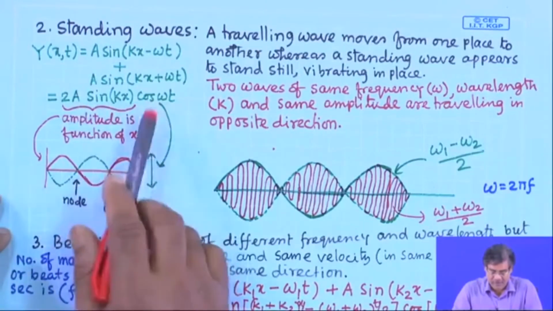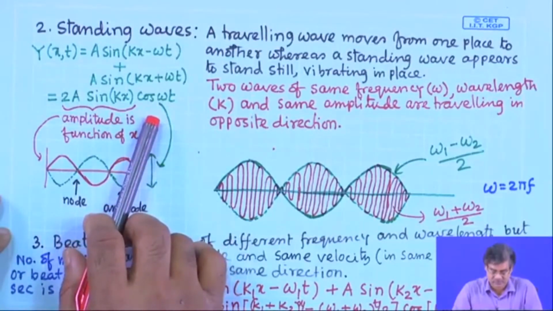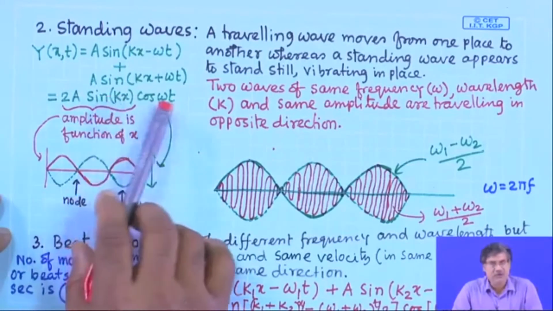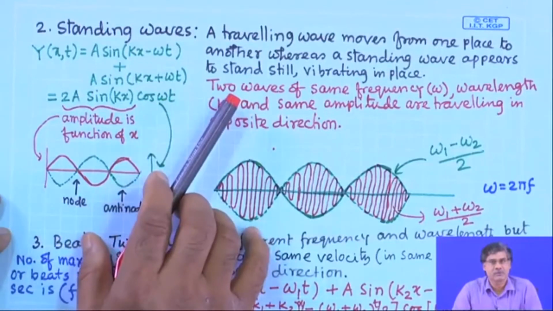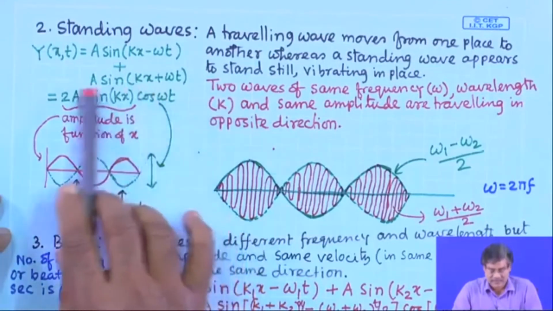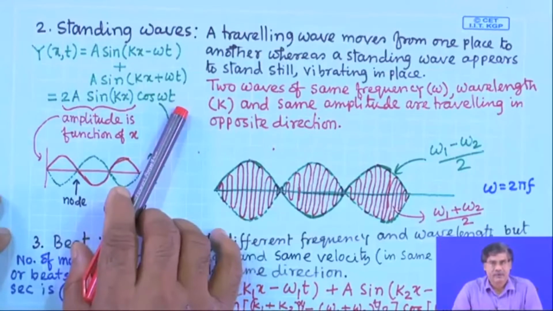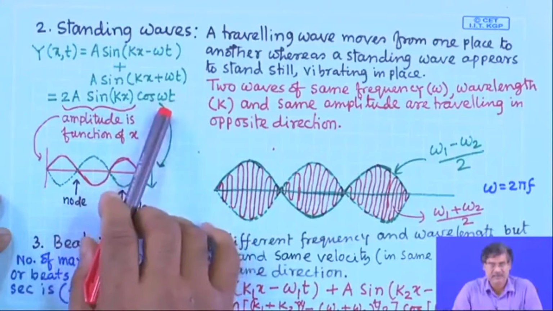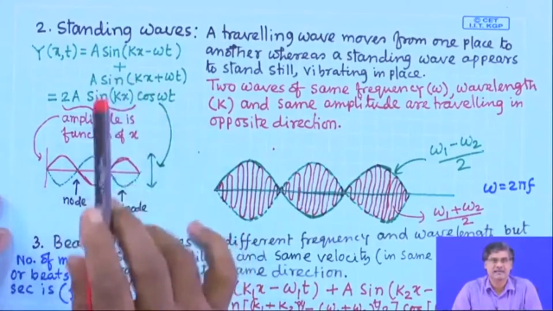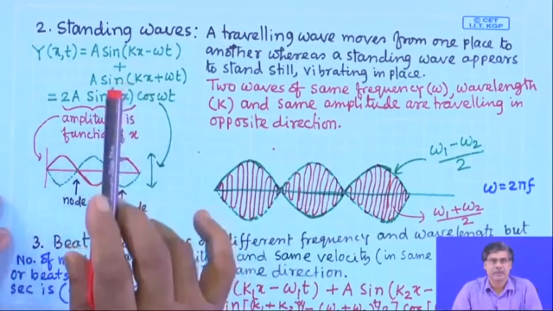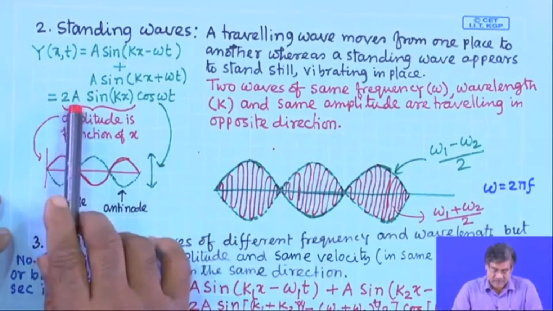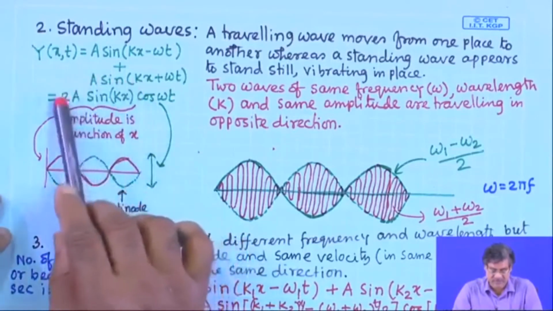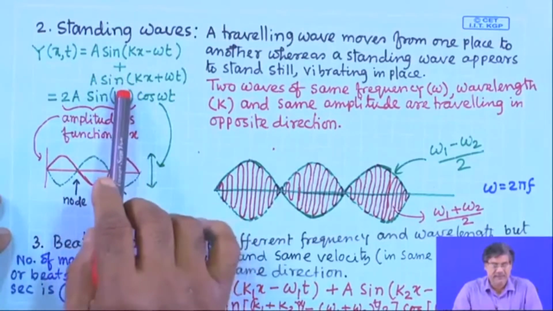So, from here you can tell that it is not a travelling wave anymore. It is just some oscillation with this amplitude. It is oscillating in the same place. But what is oscillating here? So, this part, basically, it is